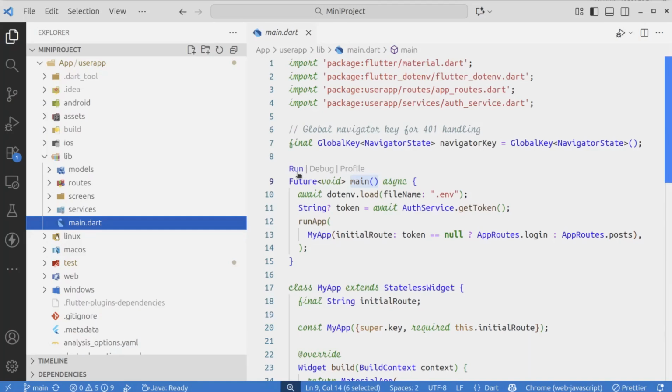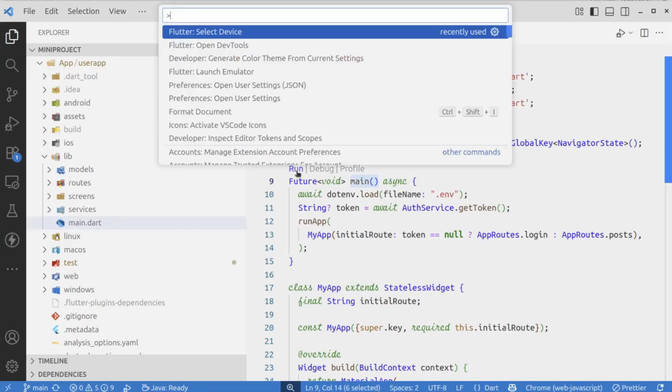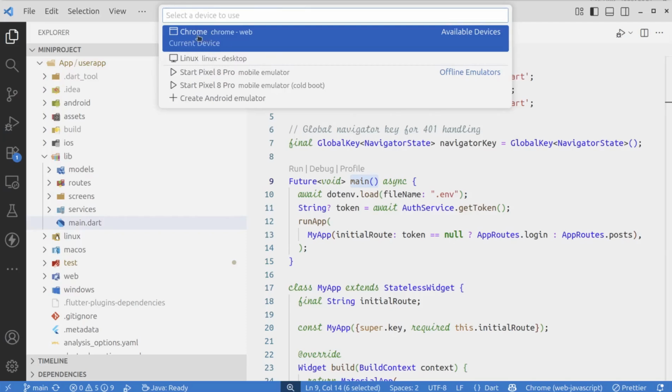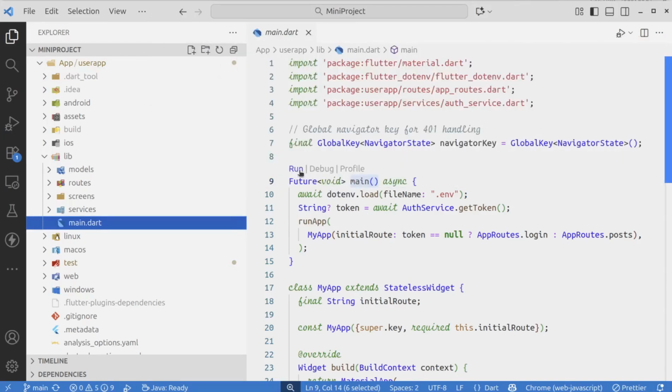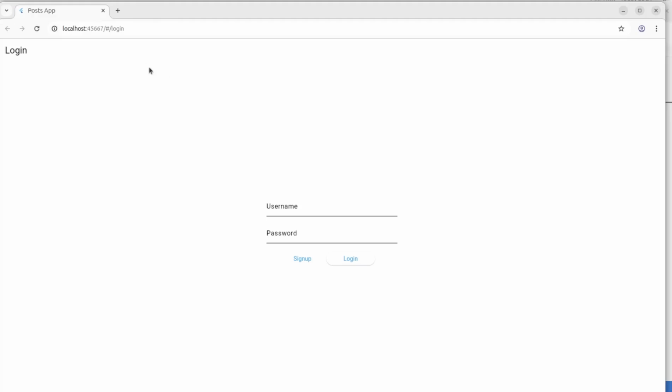And before even clicking on the run option, what you need to do is press Control Shift P and select the Flutter device. The device needs to be selected as Chrome. If you have the emulators running, you can select the emulator as well. But for now, let us pick Chrome. Once you have selected the target device, click on the run option, and you should see the Flutter